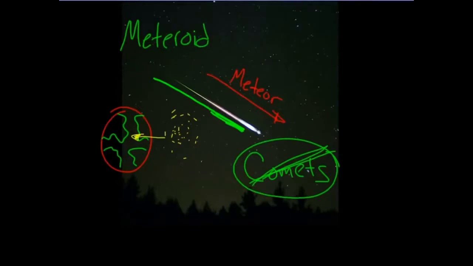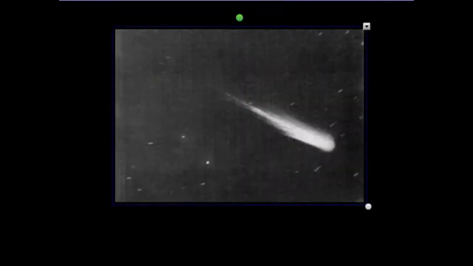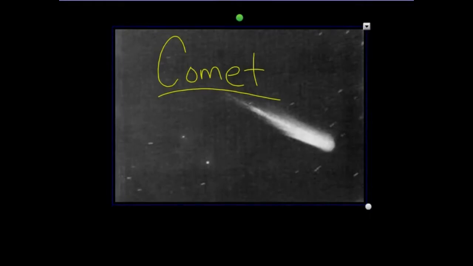But don't confuse a meteor or a meteoroid with a comet, because the meteor is going to travel through our atmosphere very quickly. Whereas comets are not traveling through our atmosphere. A comet is hanging out in space, and they're far away. And the tail from these comets, the tail that's coming out from some body right here, is not because it's burning up in some atmosphere like Earth. That tail is caused by heat from the sun and the solar wind.